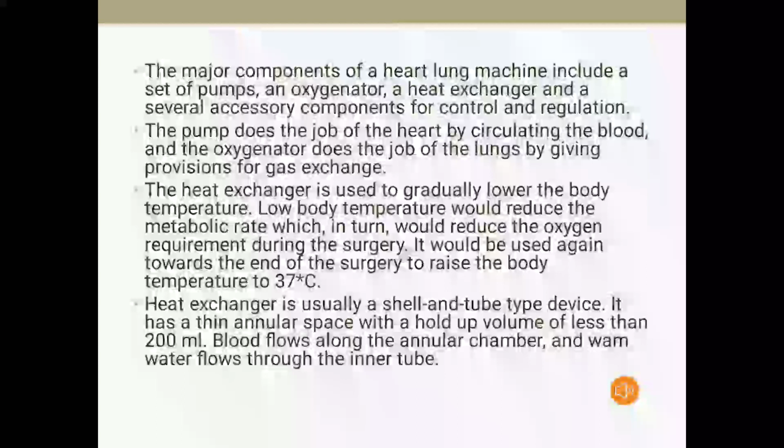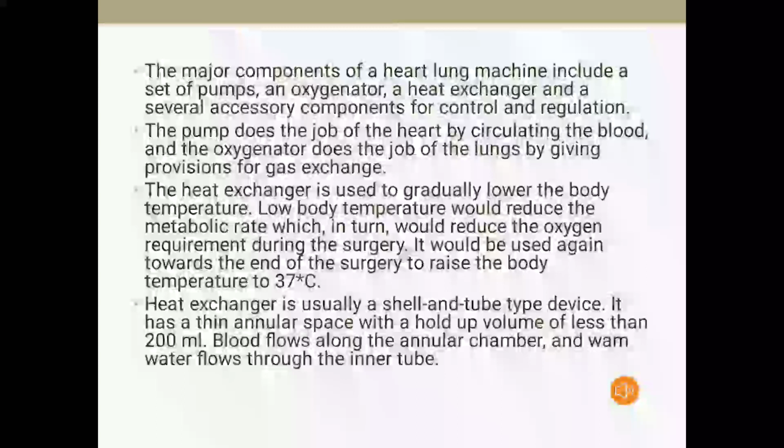The heat exchanger is used to lower the body temperature during the operation. The low body temperature would reduce the metabolic rate, which reduces the oxygen requirement during the surgery. And the heat exchanger would be used again towards the end of the surgery to raise the body temperature back